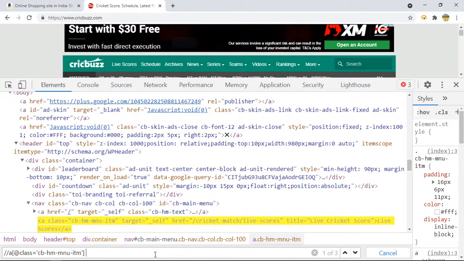So one way, if you want to get the unique element, is to put the expression in function brackets. This is one way.